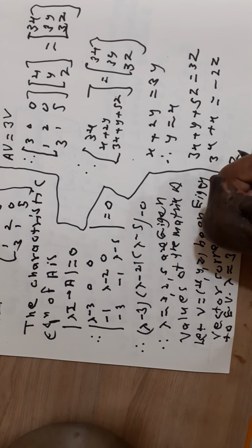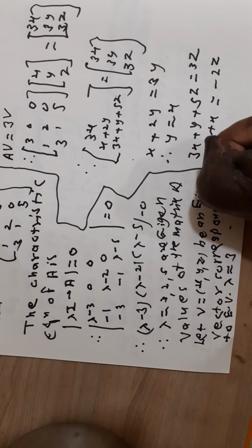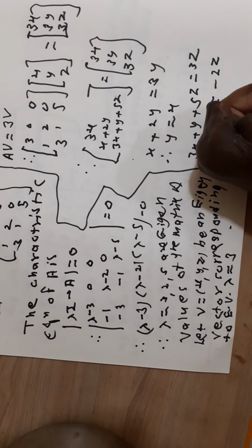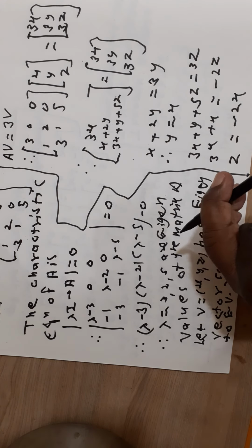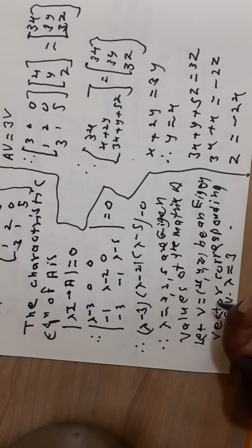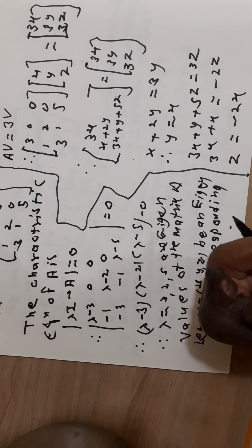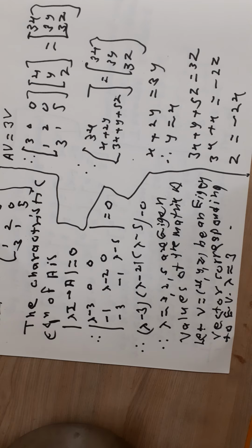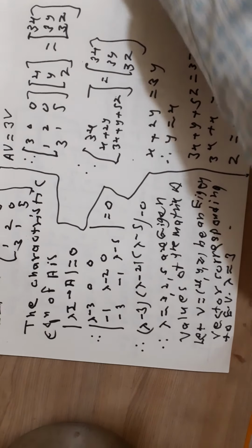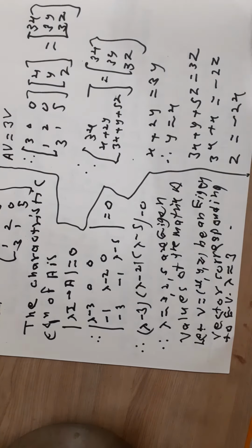Therefore z is equal to minus 4a minus 2x. Z is equal to minus 2x. Therefore the eigenvectors corresponding to eigenvalue lambda is equal to 3 are